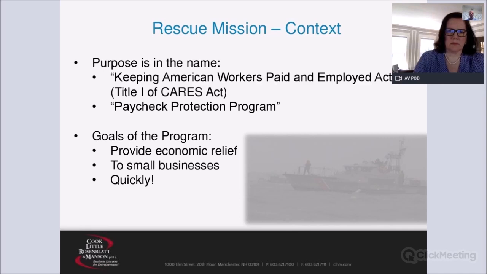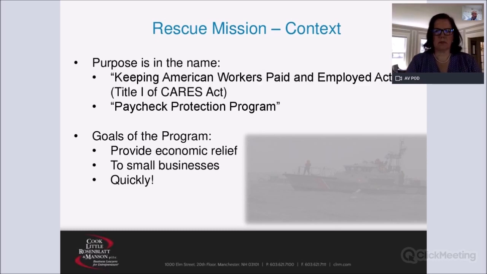And the Paycheck Protection Program, PPP, also encapsulates that same concept, which is trying to protect the ability of employees of small businesses to continue to earn a living, even while the businesses that they work for perhaps had a significant slowdown in the amount of work that they had. This was a way to allow companies to keep people fully paid, even if not fully engaged in the business. So contextually, I think that's just a helpful perspective to have when you're looking at the goals of the program.